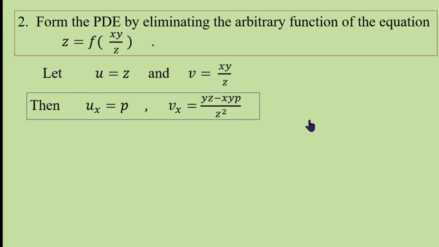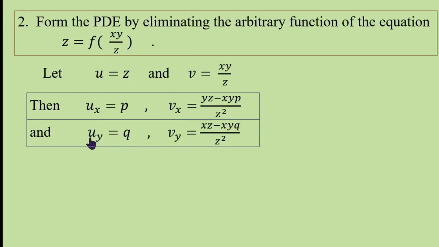Similarly, when you differentiate partially with respect to y, dou z by dou y is q, therefore uy is q, and vy is, here denominator square, that is z square, z into the derivative of xy with respect to y, which is x into 1, so x into z, denominator into derivative of numerator, therefore xz, minus xy into the derivative of z with respect to y, which is q, so minus xyq, and hence the PD is p into xz minus xypq,